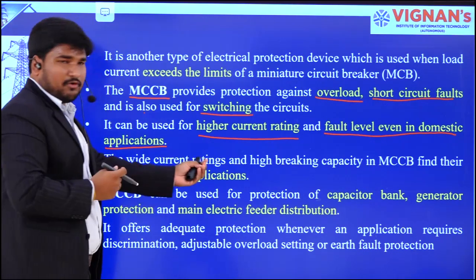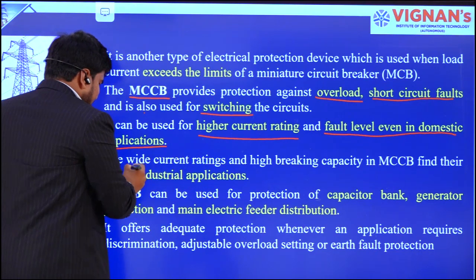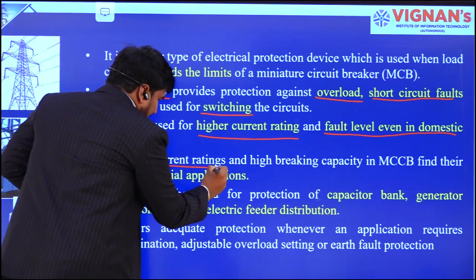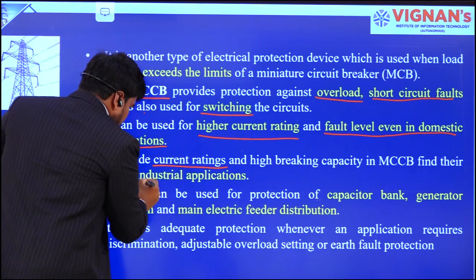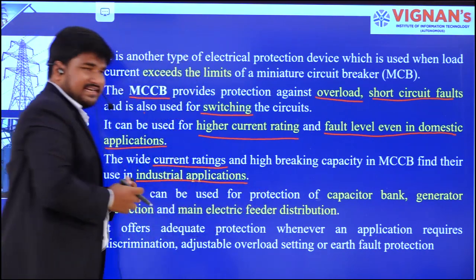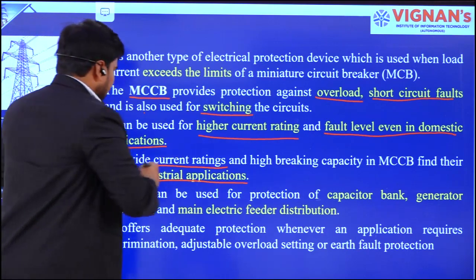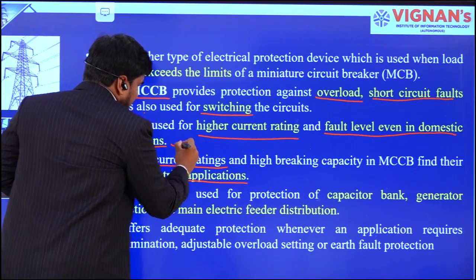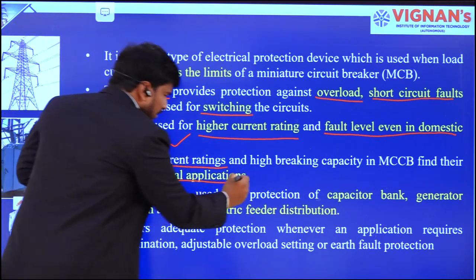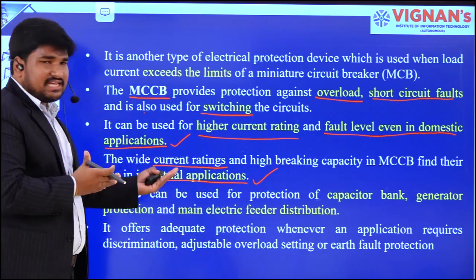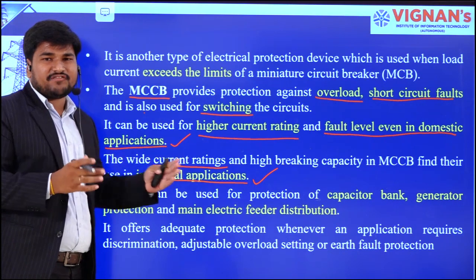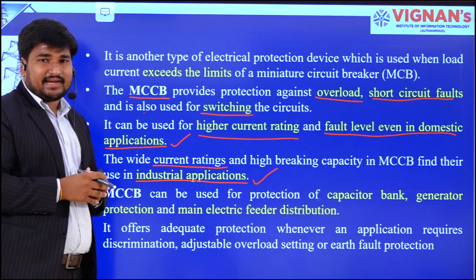Because of this provision, if for example you set it up for high current rating, it can be used for industrial applications as well. So it can be used for domestic applications and also for industrial applications. That means it has a provision for a wide range of applications, right?